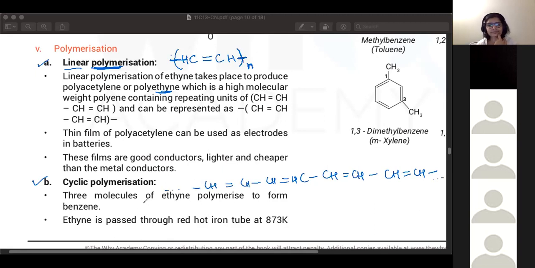But aren't these ethenes? It's being formed from ethyne, right? So polyethene is basically CH2 double bond CH2. One bond breaks and polyethene will only consist of that. Okay, fine. It's a double bond because one hydrogen is missing. I didn't get you.